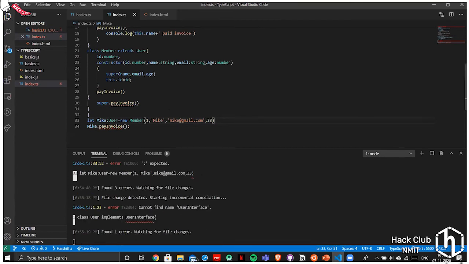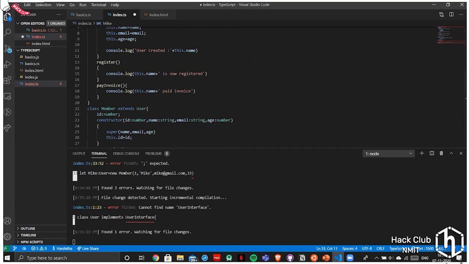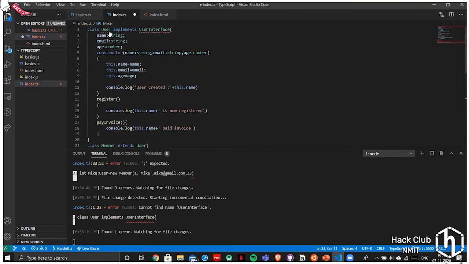Hello, Arshita. Sorry for the interruption. We have a question over here. Someone has asked, what does implements mean? So we have used both class and interface together. You're implementing your interface in a class. You just use the keyword implements so that you can integrate your interface in your class.